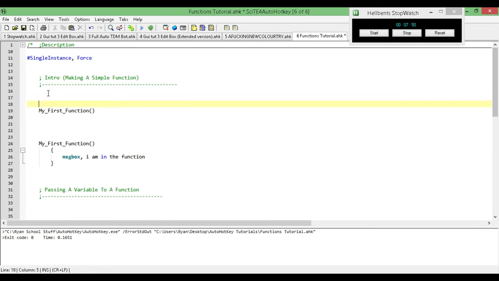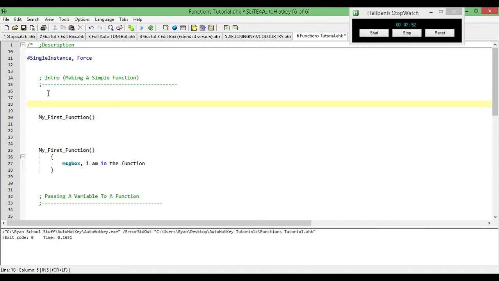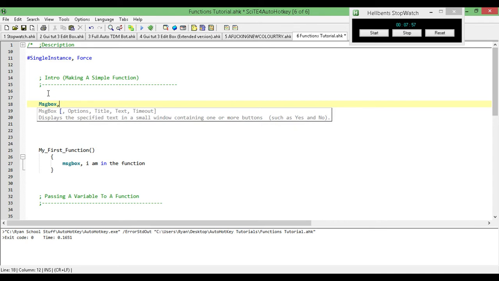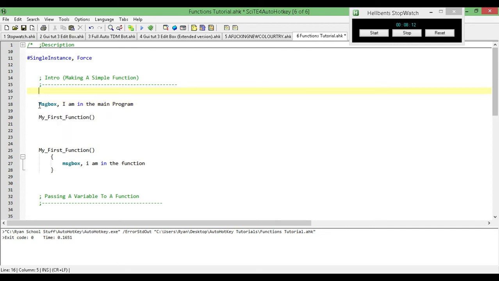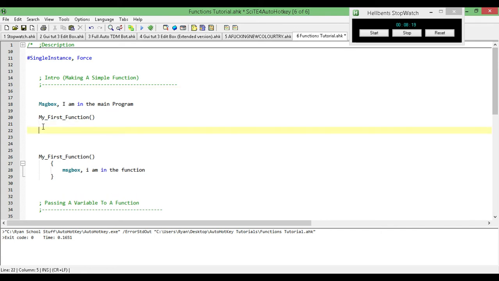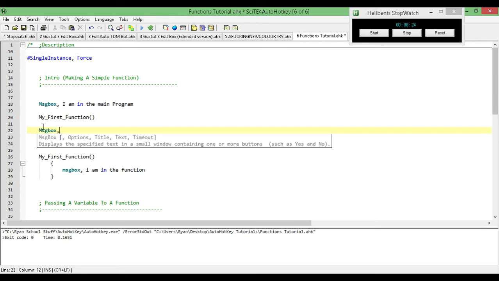Now, I'm going to expand on this just a little bit. I'm going to create a message box here. Okay, so as soon as our script starts, it's going to pop up a message box that says that we're in the main program. Then I'm going to pass it to the function. It's going to execute that, and then I'm going to create another message box that says